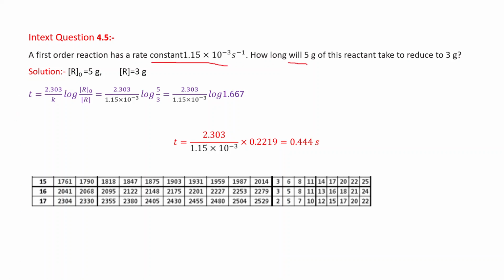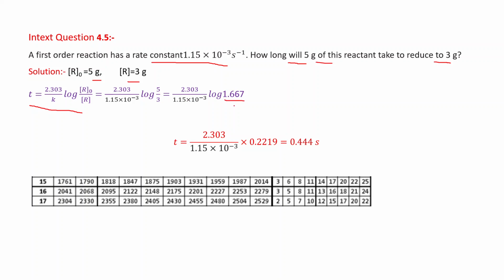Okay, now, a first order reaction has a rate constant. How long will 5 gram of this reactant take to reduce to 3 gram? This is again one of the important categories for numericals of chemical kinetics. That is, initial concentration is given, final concentration is given. You have to find the time in which this concentration is changed. So we can say this is initial, this is final, this is the integrated rate equation for first order. Put the value log 5 by 3. If we solve 5 by 3, then we will get